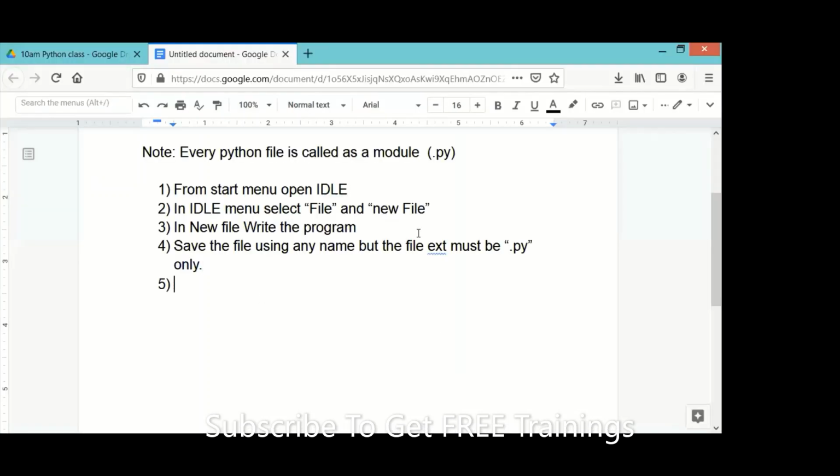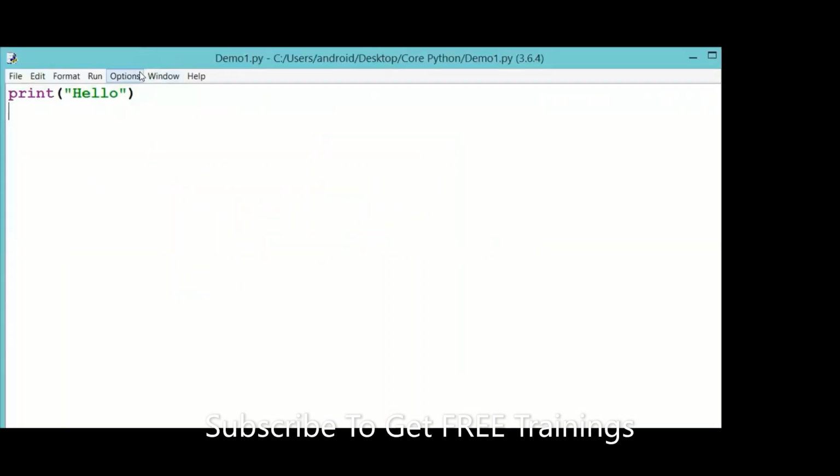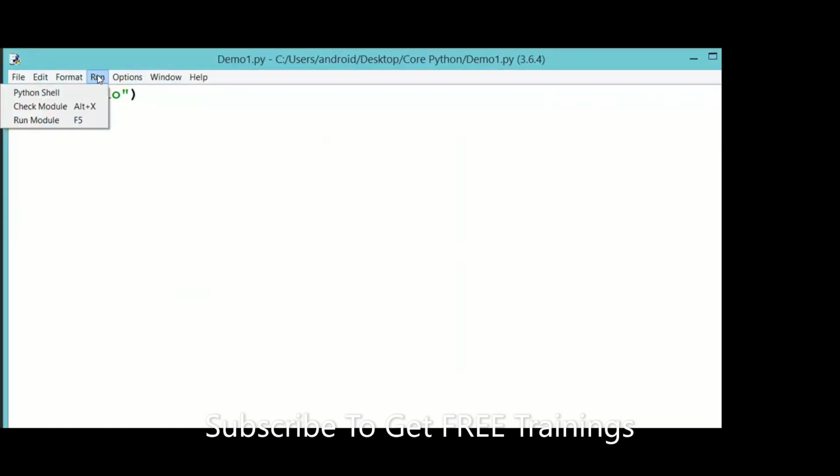Now observe. Before telling this point, just observe one point here. Within the same file, you have a run option, sir: file, edit, format, run. Can you see run module?